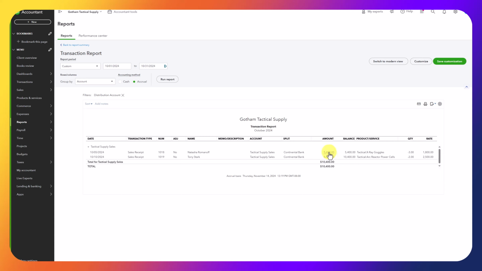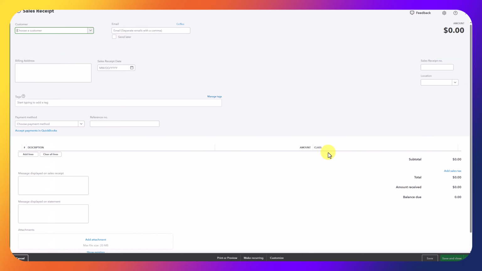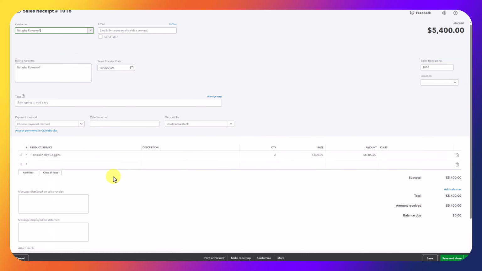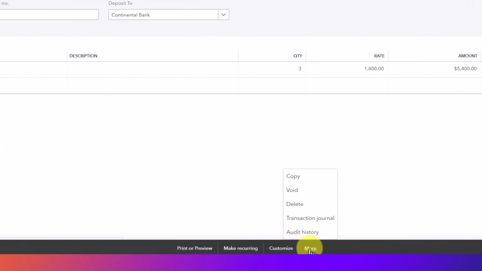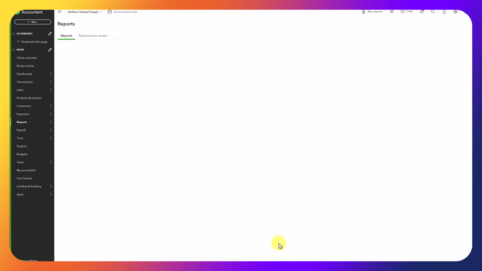Now, let's take this one step further, and notice this is posting a sales receipt in QuickBooks Online, which means I've got my items, so I can track my inventory. And I'll show you the next report that I like to look at, especially if I want to see how profitable this particular order was. And obviously I'm keeping it fairly simple for the purposes of demonstration. But if I click more down here and I choose transaction journal, I get what I think is a really cool report,